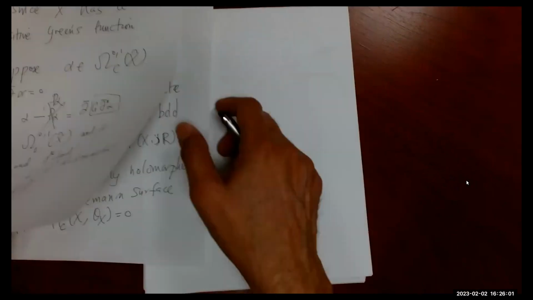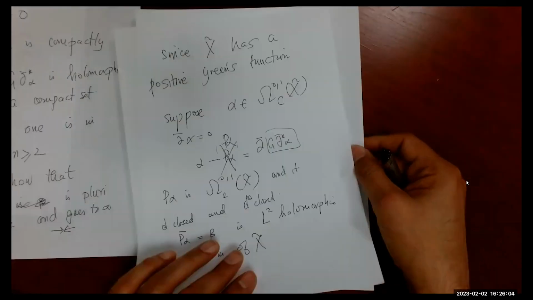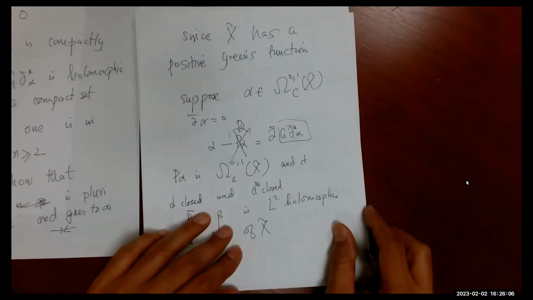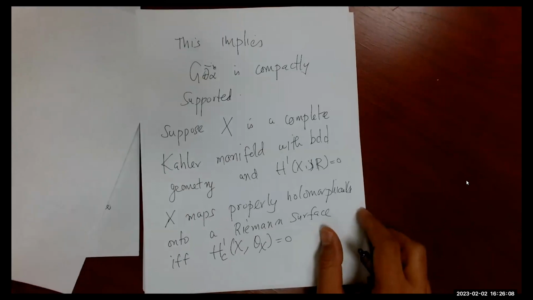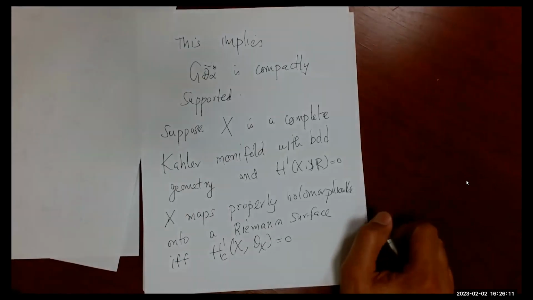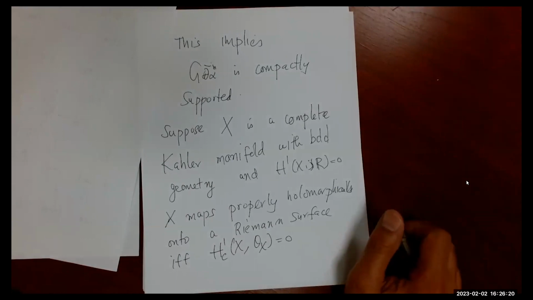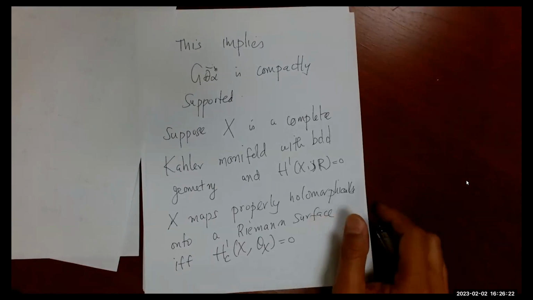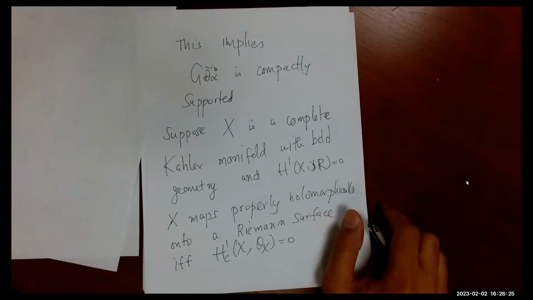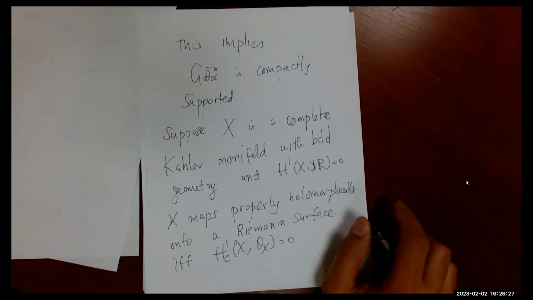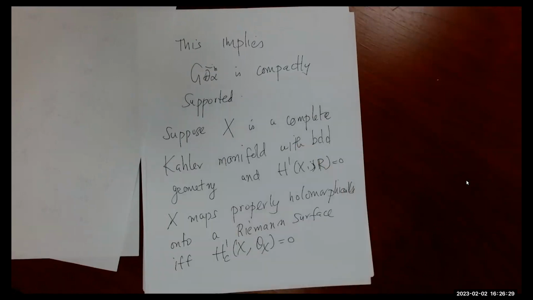So anyway, one of the things we notice from this is the theorem first proved by Arapura, Bressler, and myself using ideas of Gromov, that the universal cover of a smooth projective variety or compact Kahler manifold has at most one end. So this proves that, because what did we show? If H1 de Rham is 0, then X maps properly onto a disk, because you're going to get a proper map with connected fibers to a Riemann surface.